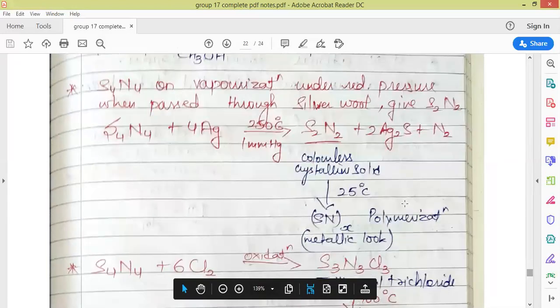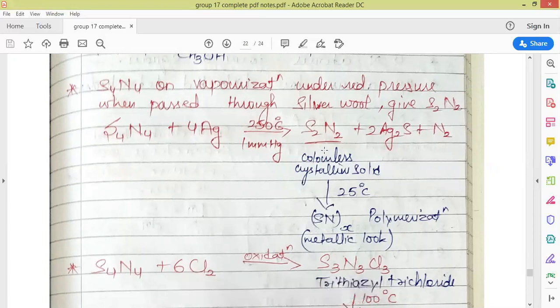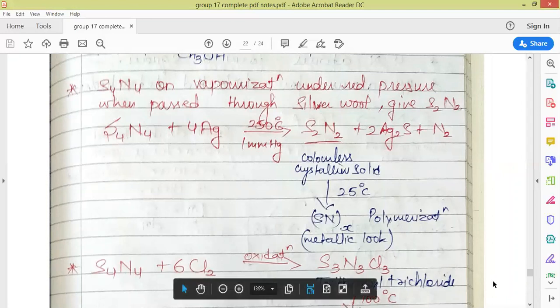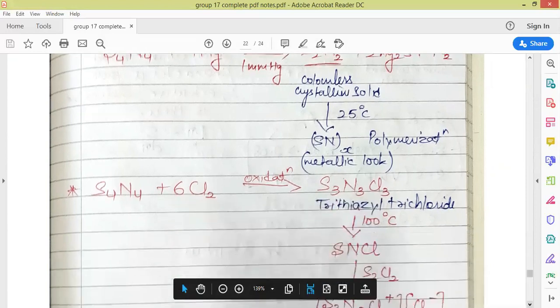This is the third compound which we are discussing so far out of SN compounds. This is a colorless crystalline solid which when heated at 25 degrees Celsius polymerizes with metallic look, that is polymerizes to